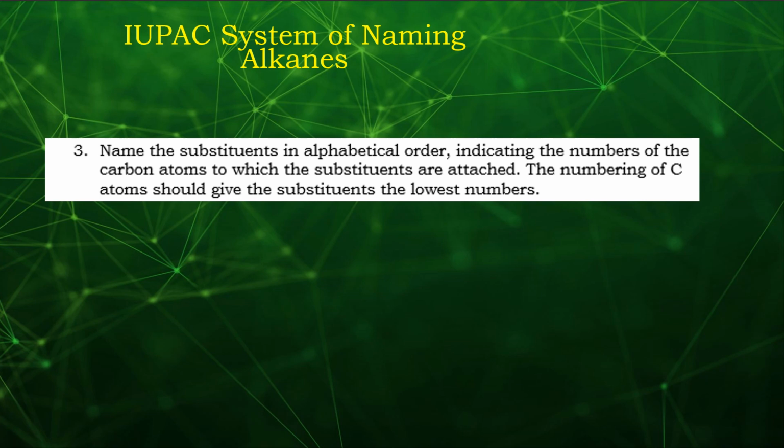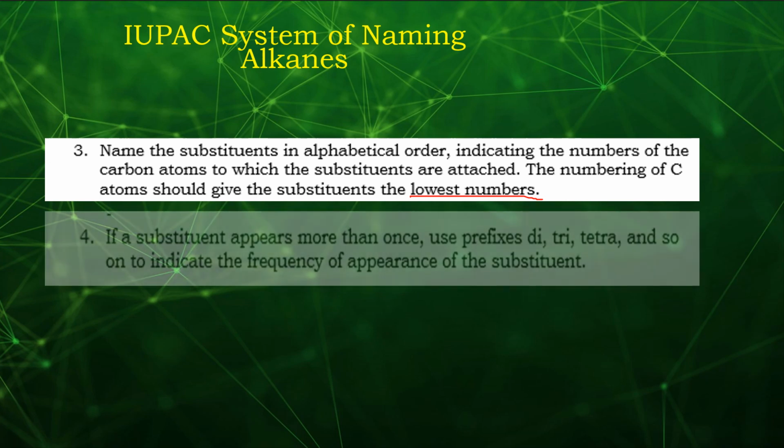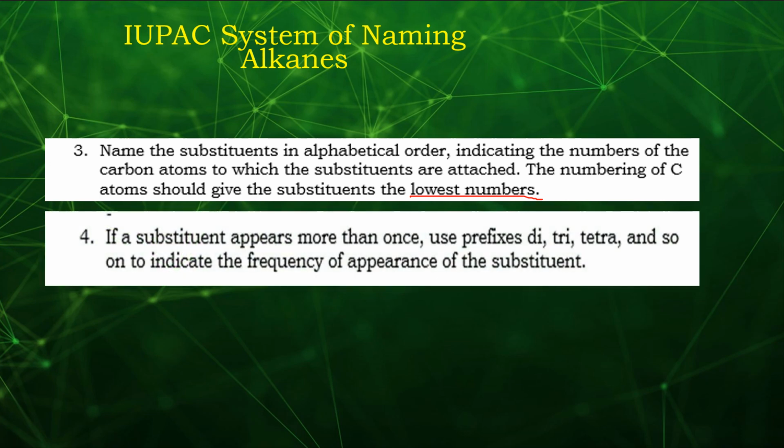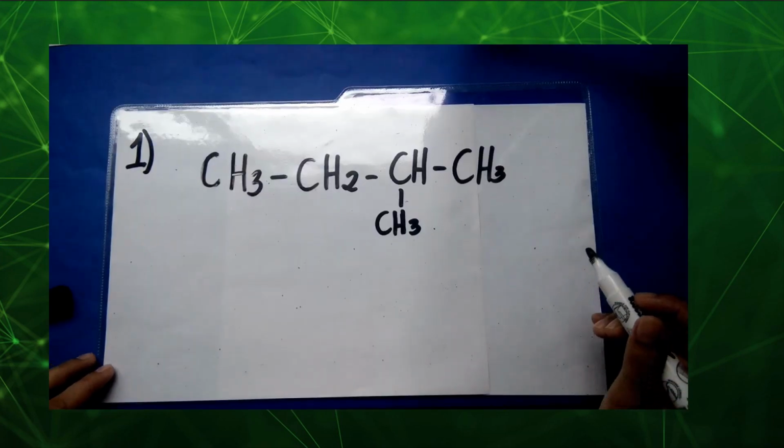The numbering of carbon atoms should give the substituents the lowest numbers. Rule number 4: if a substituent appears more than once, use prefixes like di for 2, tri for 3,